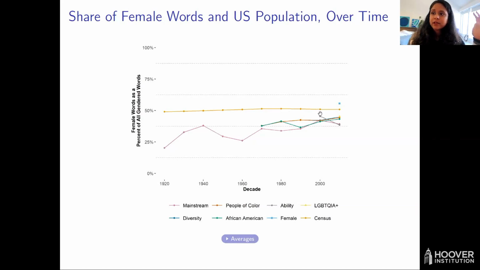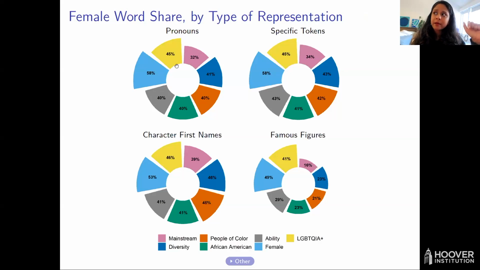Now, you do see this increase in terms of the share of female words over time. It's only the female collection that ever goes above 50%. You might also say, well, when I was growing up, gender neutral pronouns included he and him. So of course you're going to see more male representation because of this gender neutrality. So then what we do is we actually break it up by the type of word. And we see regardless of the type of word,